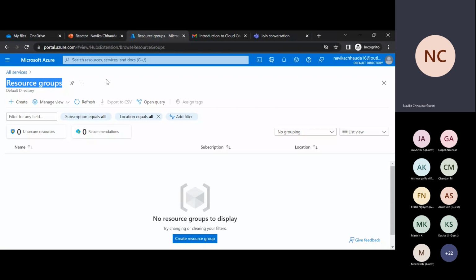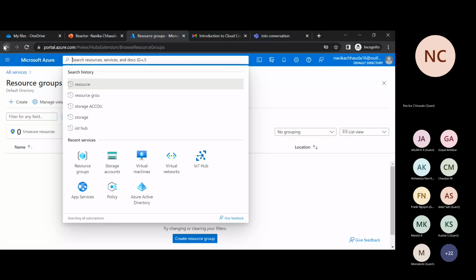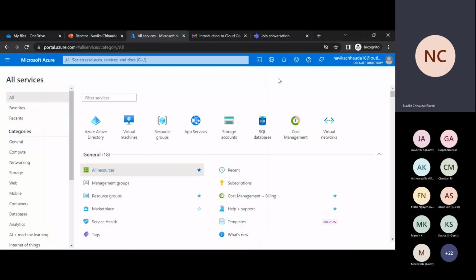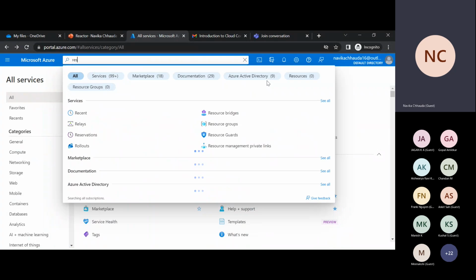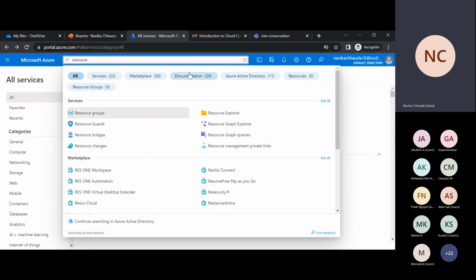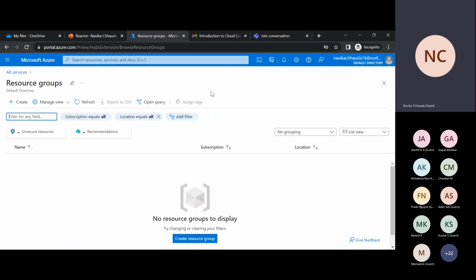Okay, so let me show you practically. This is my resource group. I hope you understood how I went to it. I just went to my Azure portal, clicked on the search bar, and typed resource, and my resource group is here. I click on it. This is how I went onto my resource group service. Pretty much simple. So what a resource group exactly does is